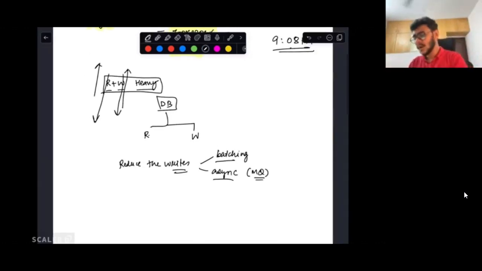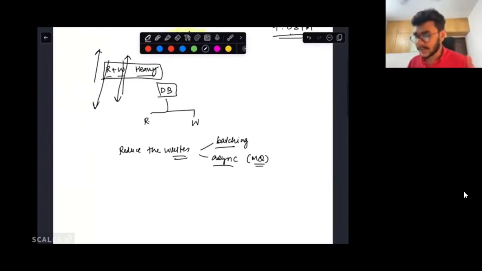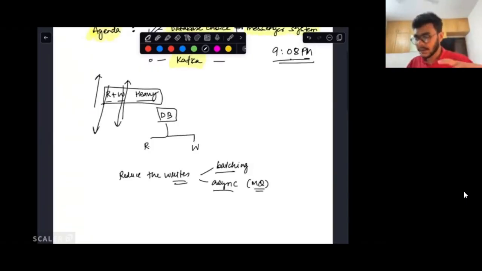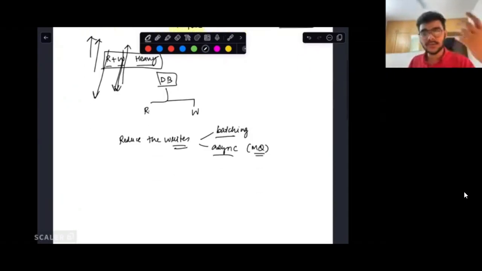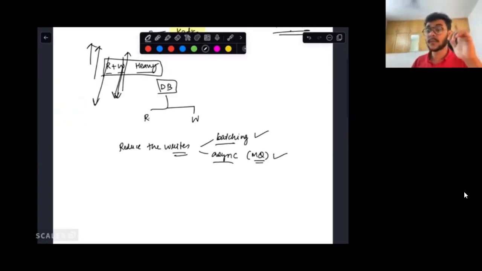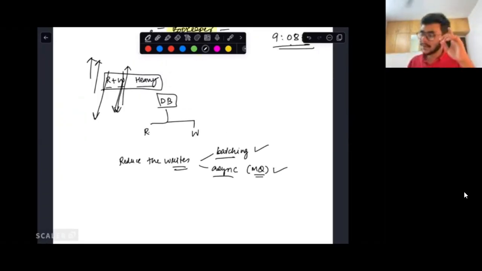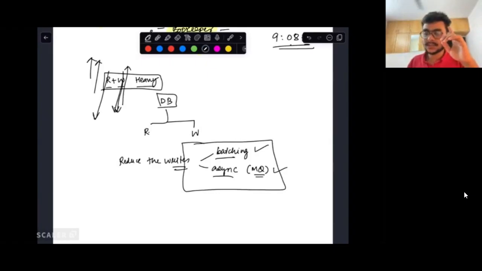Okay, awesome. So what I'm trying to say is that in the last lecture, we tried to discuss whether we can reduce the write heaviness from our system and hence choose a database which is going to be read heavy. And then we tried to see how we can actually reduce the writes. There were two ways. One was batching, and the other was performing these writes in an asynchronous way. Correct. But we realized there was a problem. What was the problem, guys, with going with either of these approaches? Can you type it quickly in the chat section? Think of it like an interview itself, right?